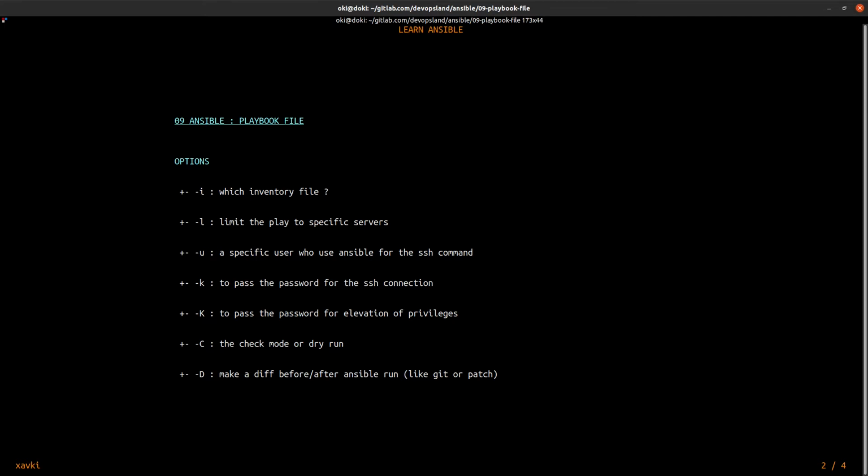Before running Ansible you can combine -C and -D to check a diff before and after the run. Like Git, you can find which lines could be modified by your run.